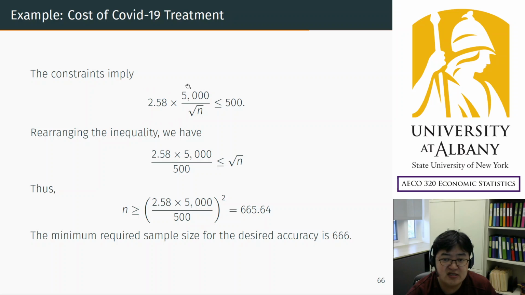You have this inequality. Now, the sample size is blank. Rearrange so that you isolate the sample size on the right hand side. Bring this to this side and bring 500 down here. So you have this, and to remove the square root, take square on both sides. So square root n becomes just n if you square it, and then of course you have to square the other side of the inequality. So calculate that. Easy to calculate, and then as a result you have